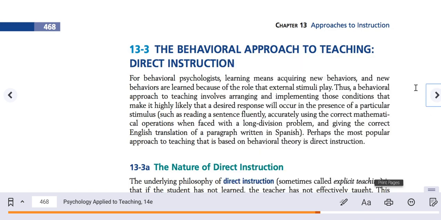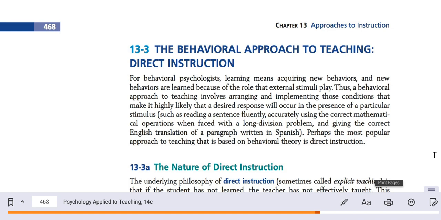The behavioral approach to teaching, direct instruction. For behavioral psychologists, learning means acquiring new behaviors, and new behaviors are learned because of the role that external stimuli play. Thus, a behavioral approach to teaching involves arranging and implementing those conditions that make it highly likely that a desired